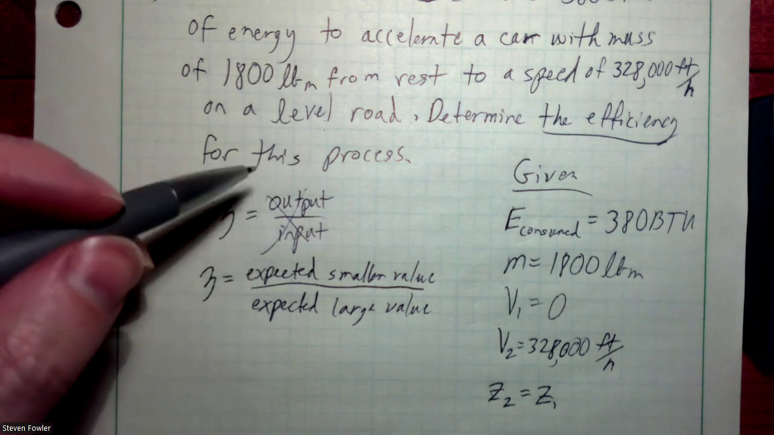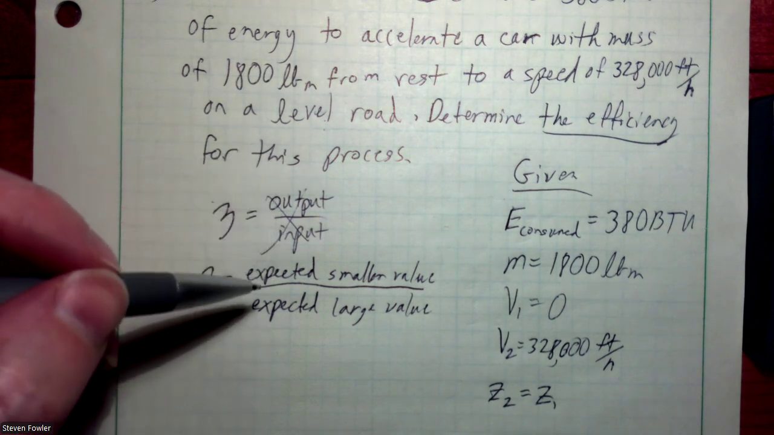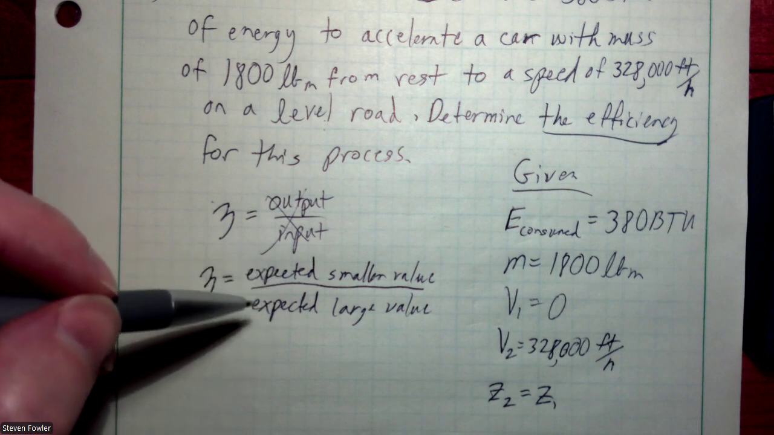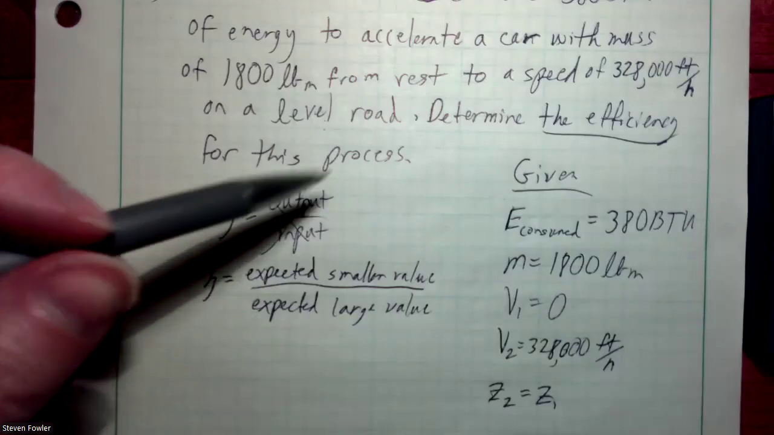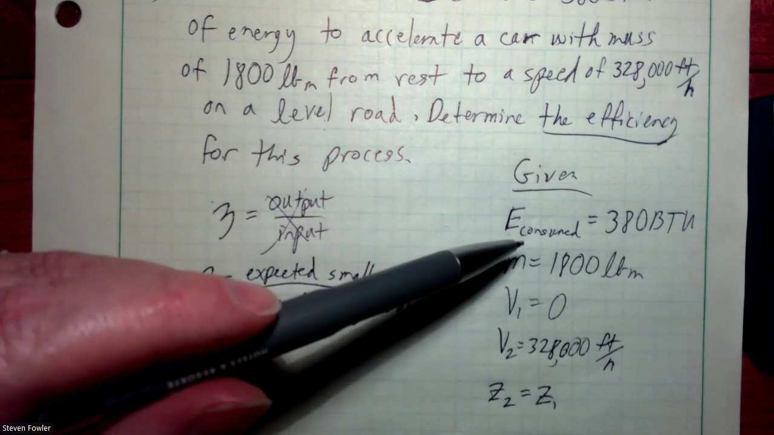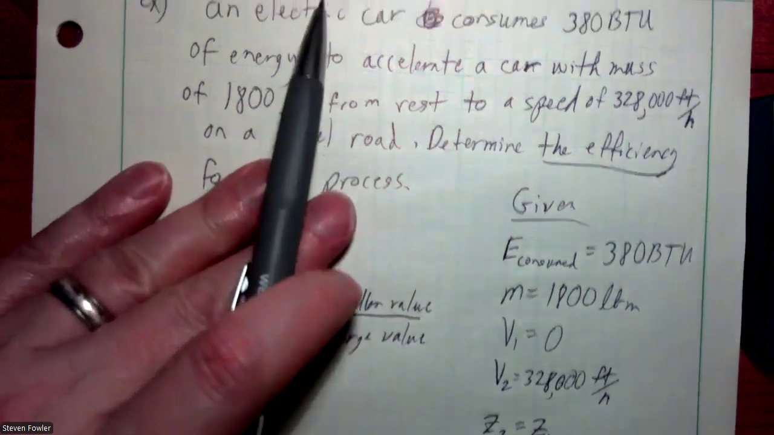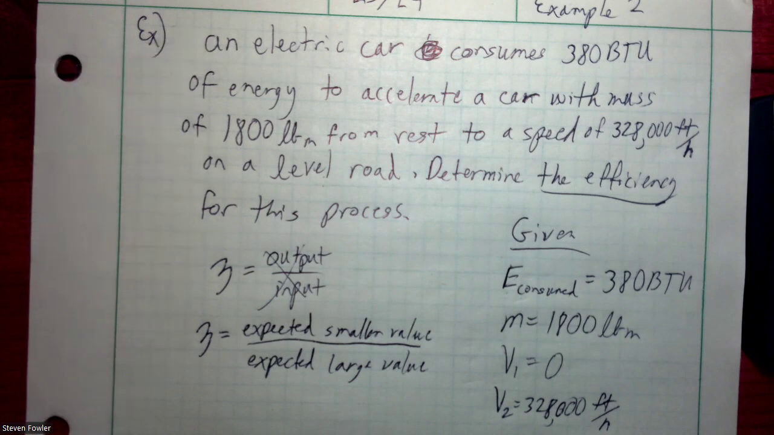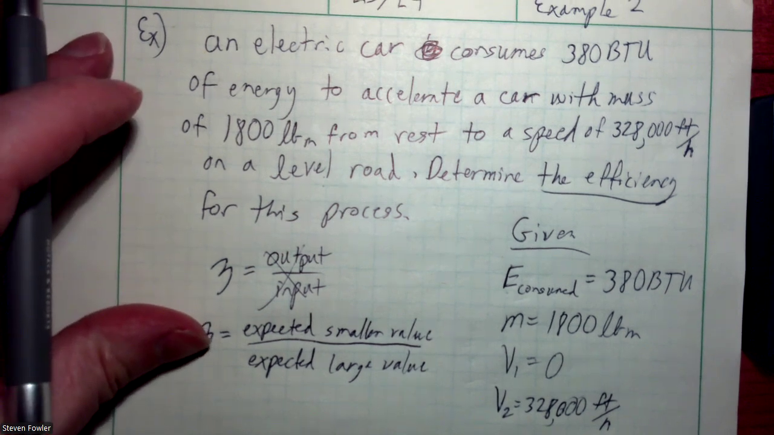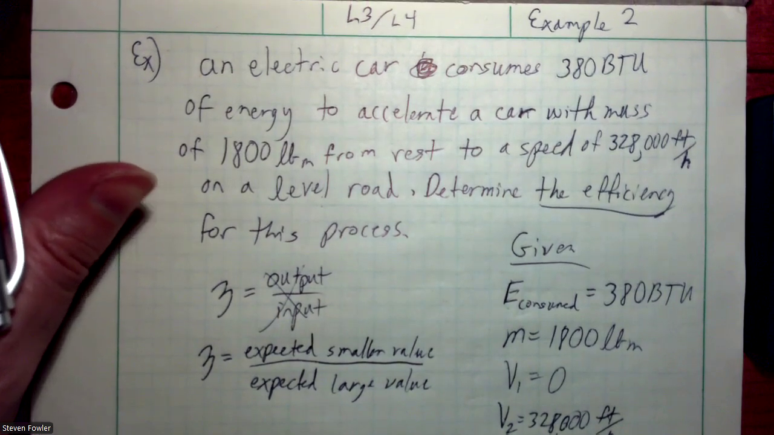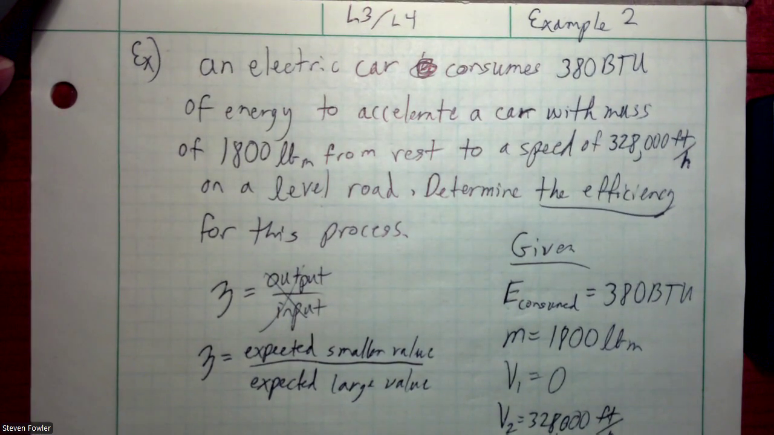Output over input sometimes works just fine. I think we could actually make it work in this case, but it really is what do you expect to be the smaller quantity and what do you expect to be the larger quantity? Well, that's where this comes in. What is this? This is the energy that this car is actually consuming. Do we expect that any car, I mean, we could take gasoline, for example, let's say, do we expect that a gasoline powered car burns more energy than what it can actually effectively use? Well, yes,